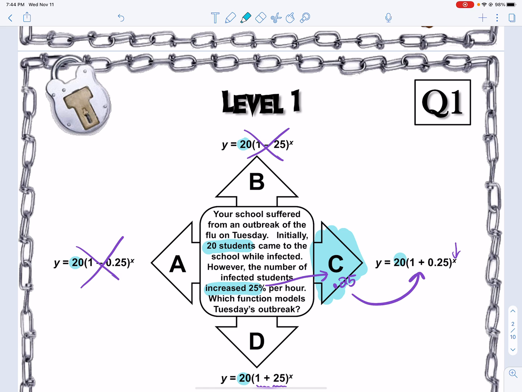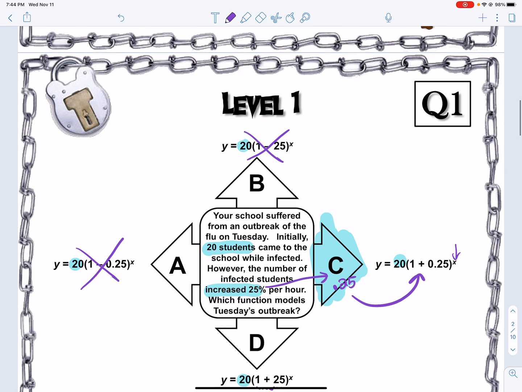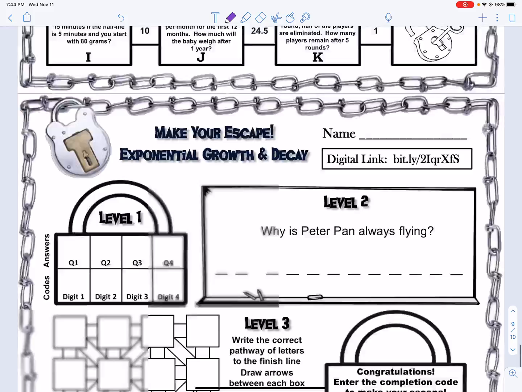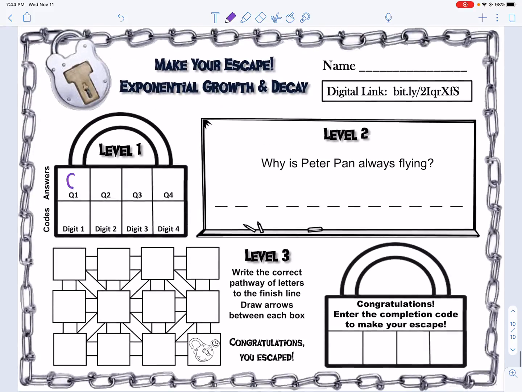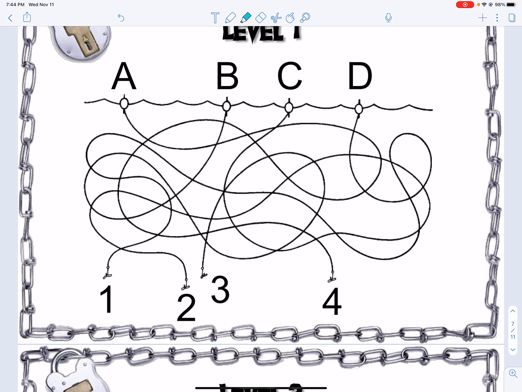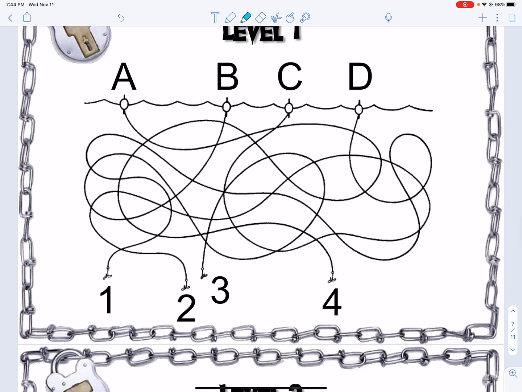So I'm going to do this first question with you so you can write it down on your paper. The answer for Q1 is C. So you're going to go down here and you're going to say, okay, the answer for Q1 is C. Now it needs a digit. And this is where this gets kind of tricky. So if you need help with this part, I'm not the biggest fan of this puzzle because it's hard to follow. So if you get an answer and you're like, I don't know if I did it right, just email me and I'll be like, yes, you did, because I have the answers.